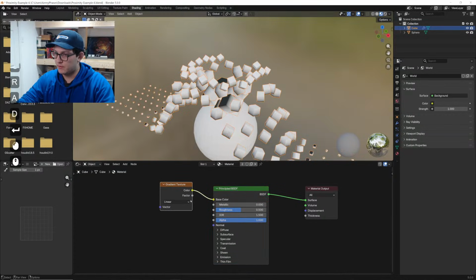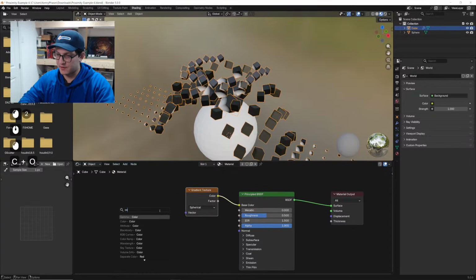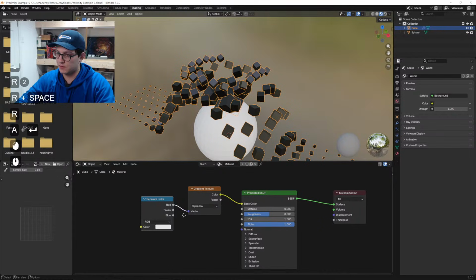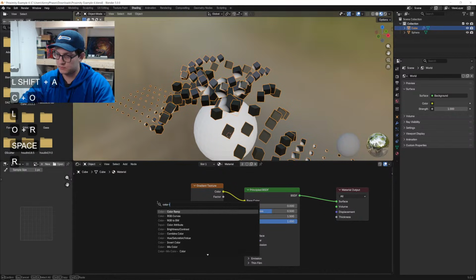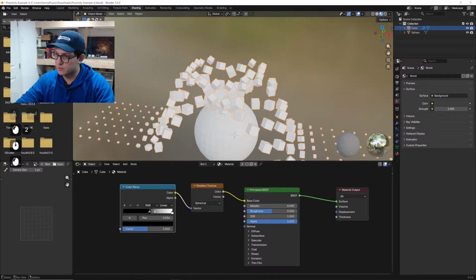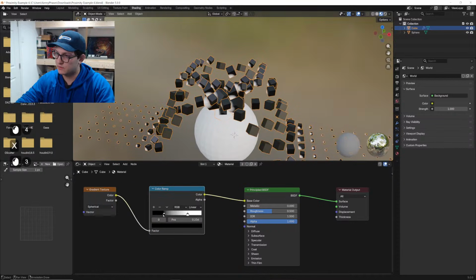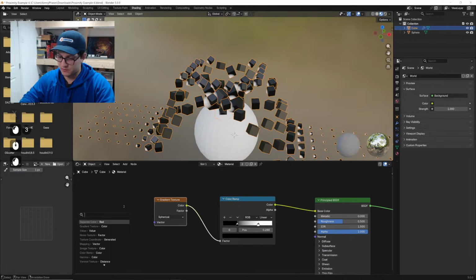All right. We want the gradient to be spherical, and then we want to run that into a color ramp. Okay. Sorry, color ramp. Typing too fast here. Perfect. And then I'm going to squeeze these colors a little bit here. Sorry, we want the gradient texture to be right here, and this to be here. Perfect. And then we need some mapping, so we'll do some